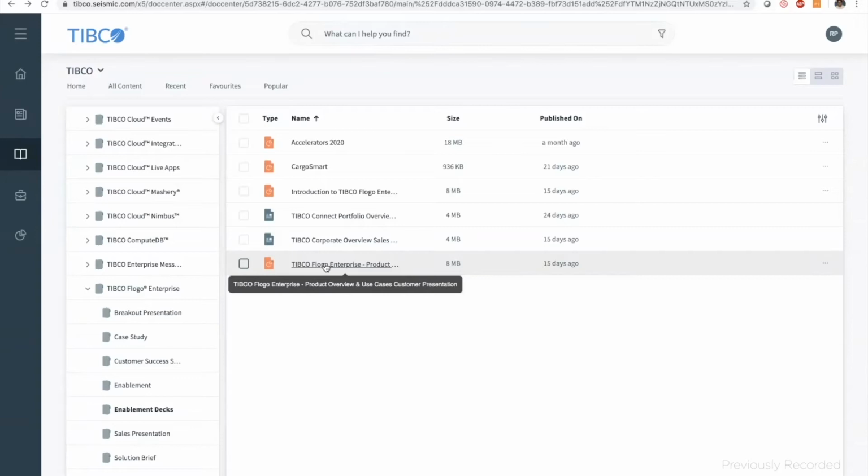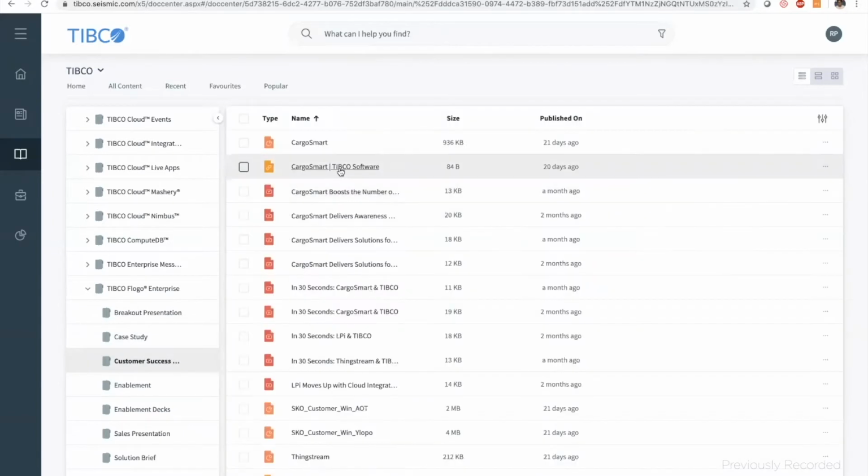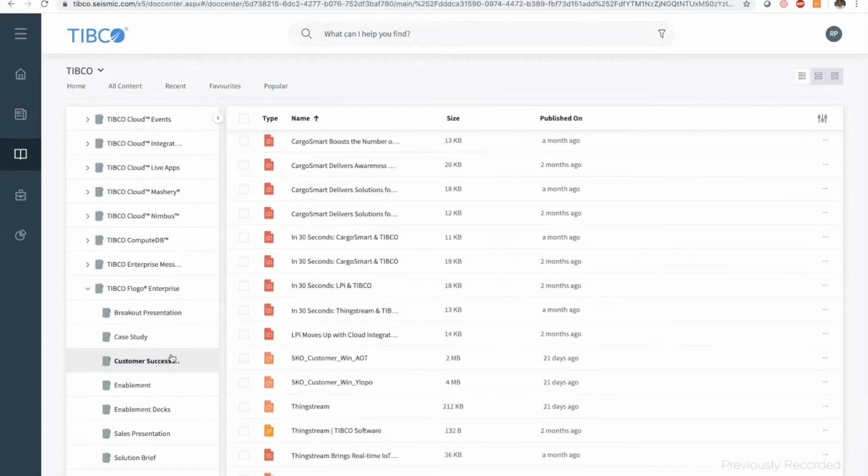This focuses on adding more details about product capabilities, new features, and key use cases that can be implemented using Flogo Enterprise. We've also added a couple of customer studies. They are available under the customer success story folder.